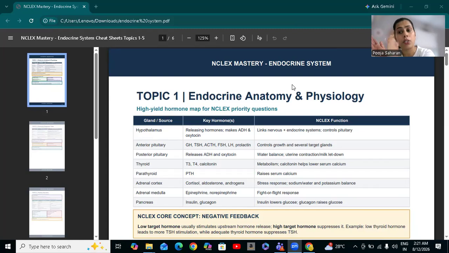It is going to stop the urination and hold the water in the body. If it is difficult for you to remember, just remember the basic trick: ADH. ADH is somewhat related to "add". So it is going to add the water. It is going to retain the water in the body, and the urine output will be reduced if ADH is there.